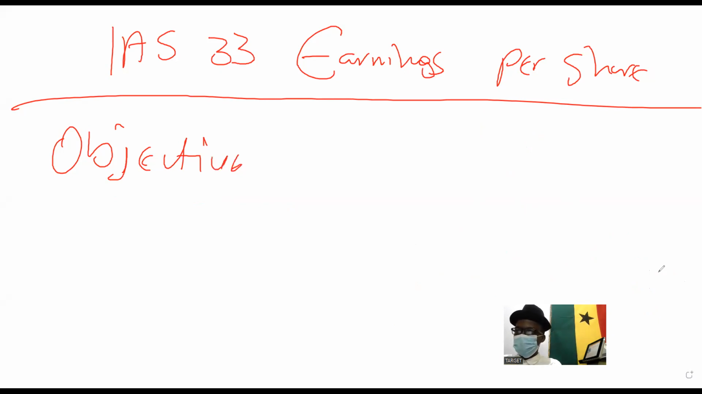So let me go straight to the objective of IAS 33, the rationale, the reason why IAS 33 came into being. Take it cool. IAS 33, the objective is to prescribe